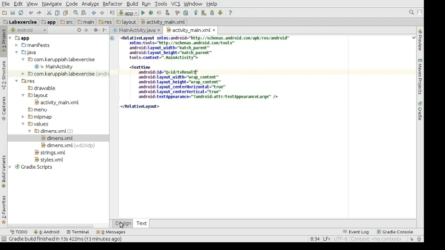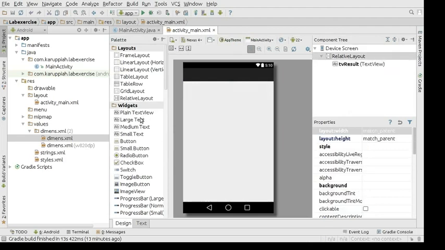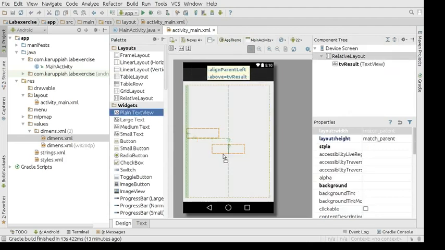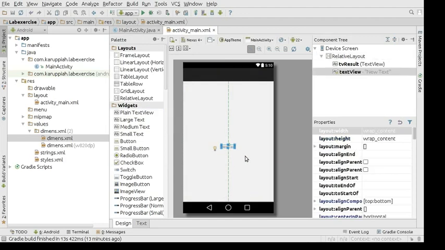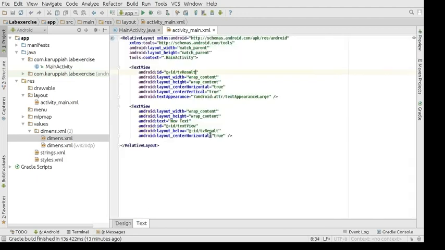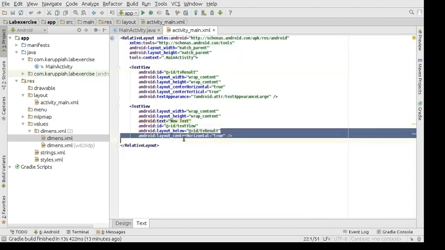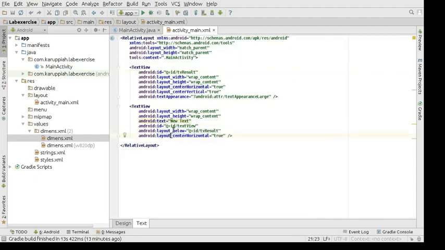Now there's just one view, so I made the changes easily, and it's a relative layout, remember. So if I have a plain text view just under this TV result, it will have a reference over here, android:layout_below TV result, and android:id, which is the ID of the new text view.